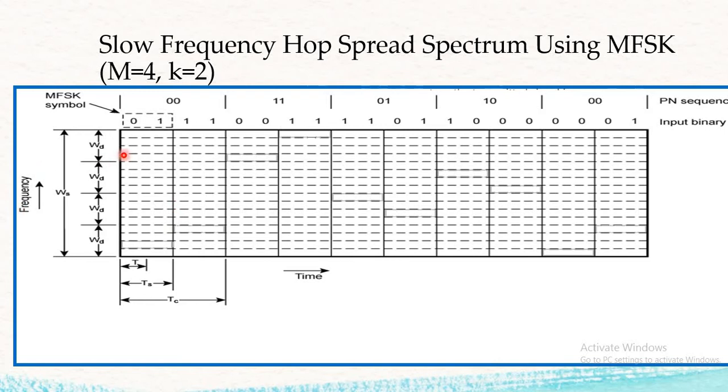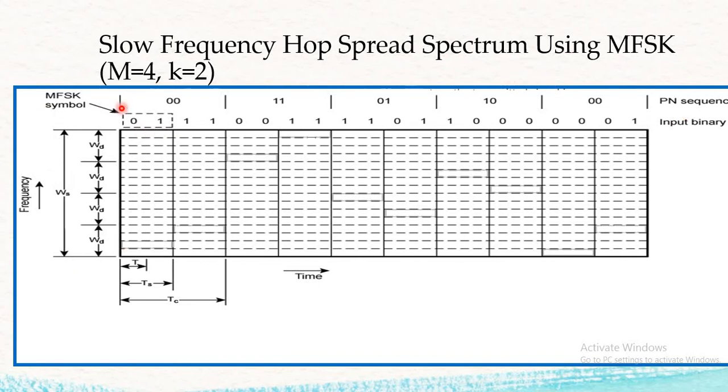As I have told you, first I will tell you how to read this particular table. First, focus on the number of symbols we are transferring. Here k is equal to 2, which means each symbol is of duration 2 bits. The first symbol is 0 1, the second one is 1 0, then 0 0 and 1 1. For each symbol we have 4 frequencies, because 2 bits means there are 4 possible values: 0 0, 0 1, 1 0 and 1 1, and these 4 are 4 different frequencies. Similarly the second one is 0 0, 0 1, 1 0, 1 1, and each one is divided into different frequencies.